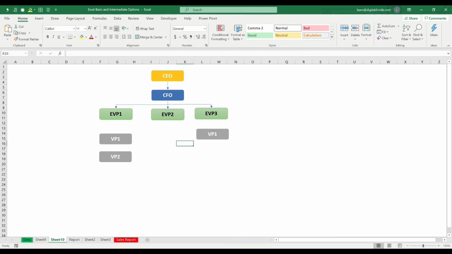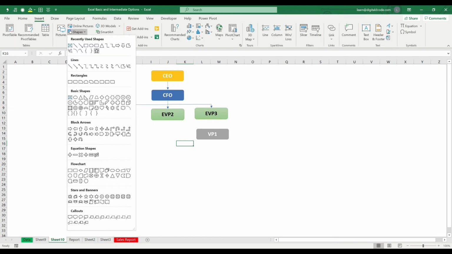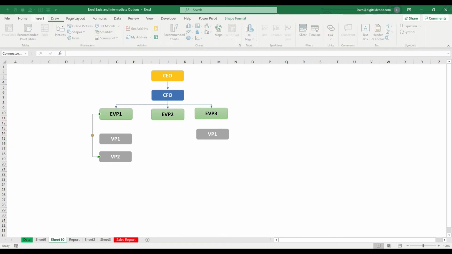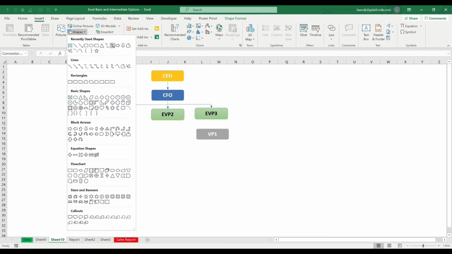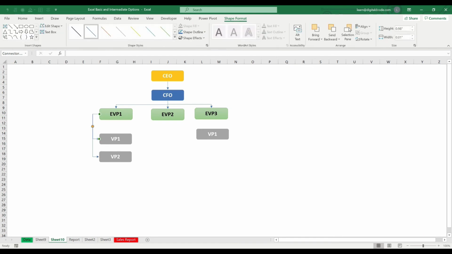So now I want to connect EVP to two VPs. So I'll take this, I'll connect to VP2. Similarly I'll do it for VP1. Okay, again here